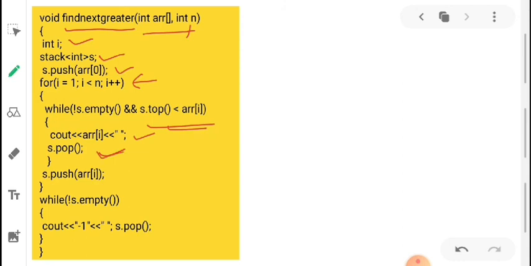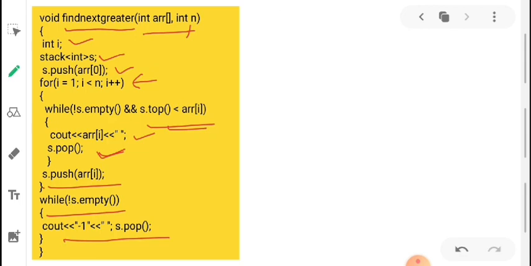Okay, and if our current element is not greater than the top of the stack, we'll pop an element from the stack and we'll just push it. Okay, so at last if our stack is not empty yet, we'll just pop elements one by one and we'll just print -1, because for those elements we haven't found any next greater element.